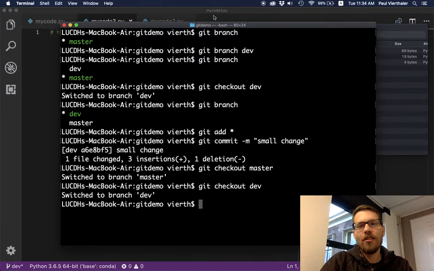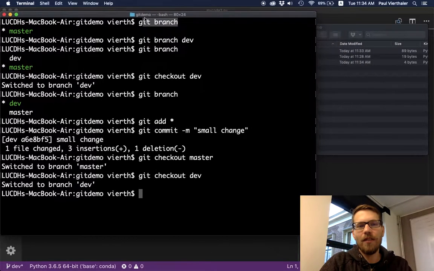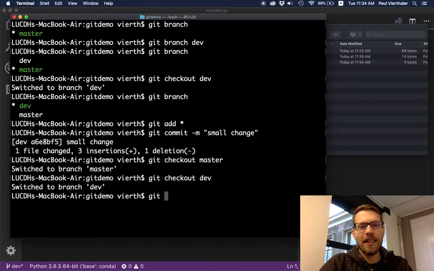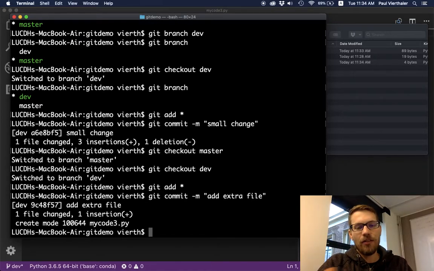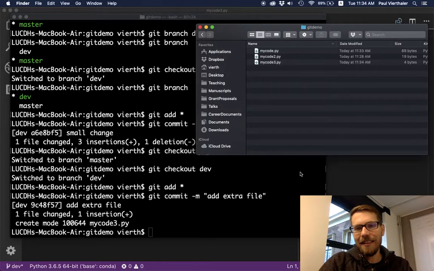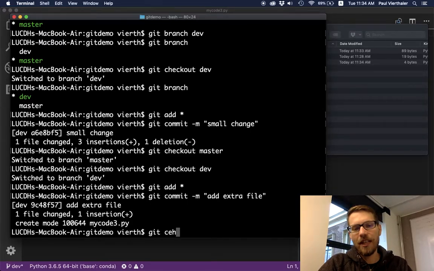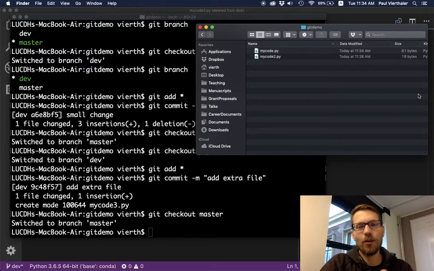So let's make sure that Git knows about all of these things. And I'll say git add all, git commit add extra file. And so now this change has been made, and we can see that it exists here. But if I go git checkout master, you can see the file goes away. So this is a way of keeping track of the state of our folder without ever losing the milestones that